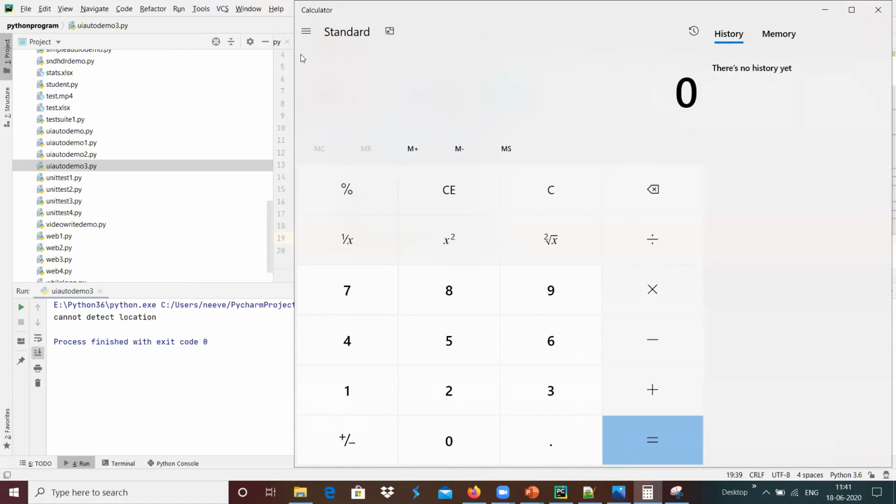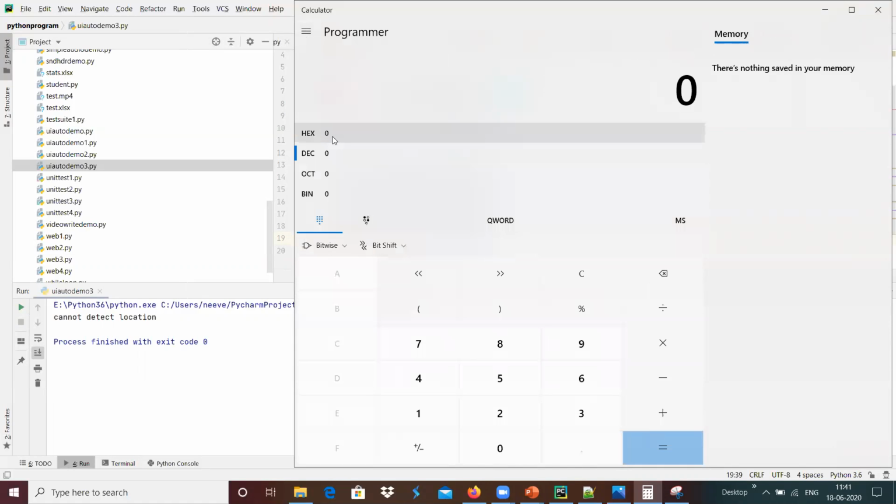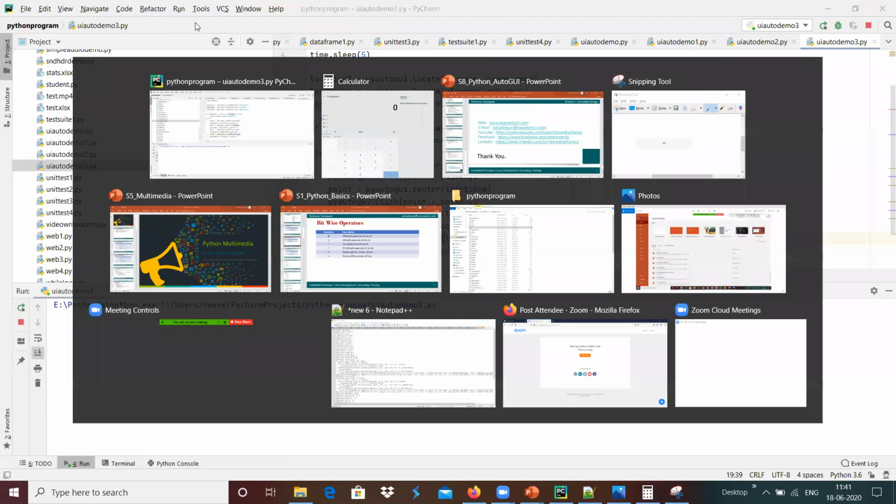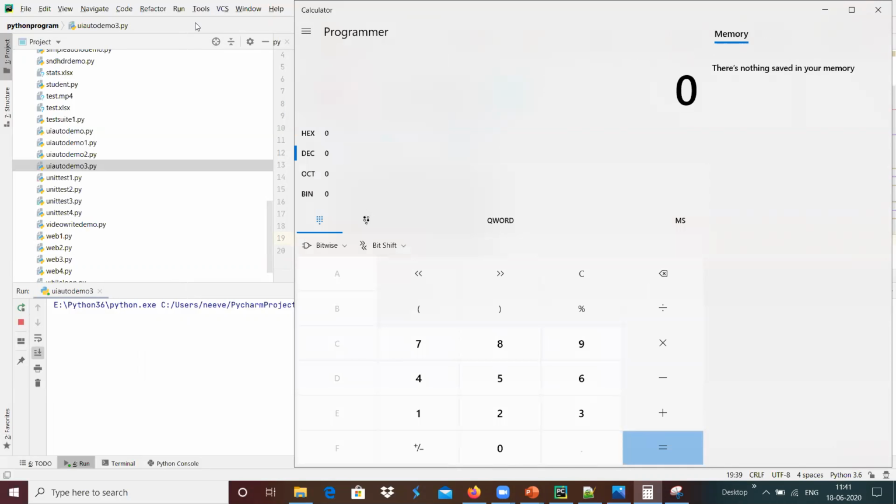This is programmatic earlier, and we can run the automation. Something like 7 into 7 into 7, 7 into 7 into 7, like that. It has been generated, so we can add this kind of automation with PyAutoGUI accordingly over here.